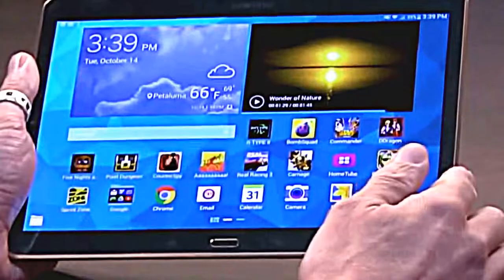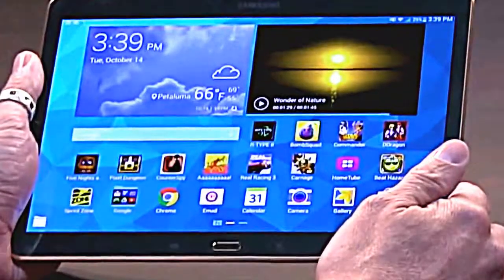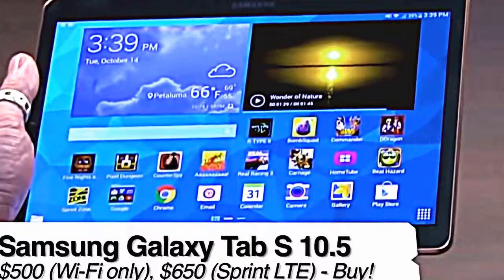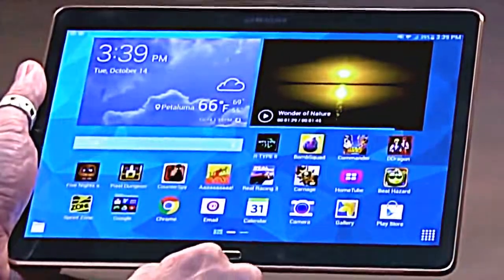This is the Galaxy Tab S 10.5. There is an 8-inch model as well. $500 is the bottom starting price, Wi-Fi only. Buy, try, don't? I would say buy. I'd say if what you want is a premium tablet and you want it running Android and you want it for a media device or whatever, watching movies, playing games was really great on this. I'd say if you're